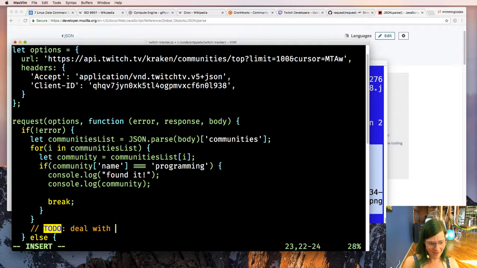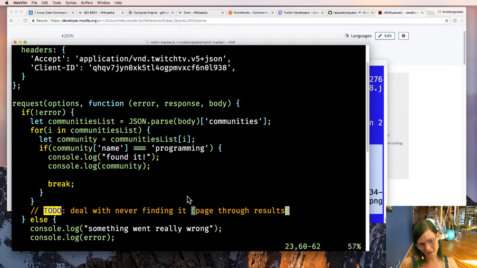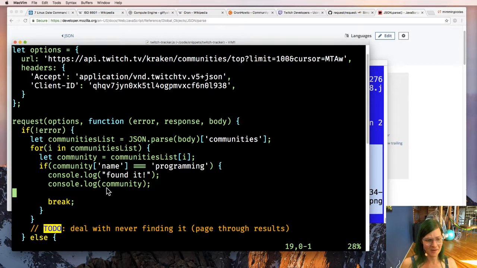To deal with never finding it, for example, page through results. So what we'll actually want to do at some point is page through a few pages and then give up after like 4 or 5. Because right now we're assuming it lives on that page. Oh, that ligature kind of freaked out for a sec. Yeah, we're assuming it's on page 2, between 101 and 200, which is bonkers.